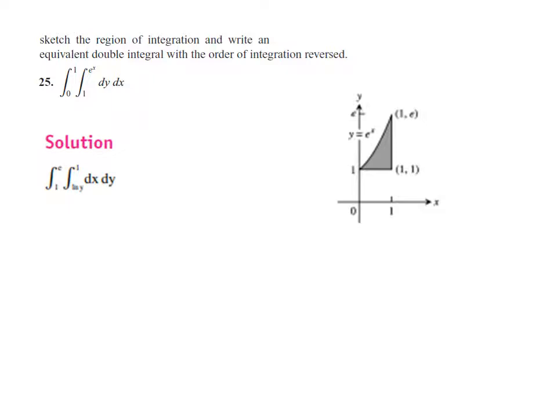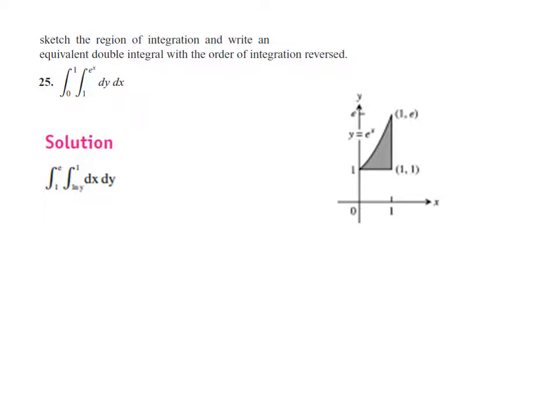Let us sketch the region and change the order of integration. So now here the order of integration is with respect to y, then x. So y varies from 1 to e power x and x varies from 0 to 1. So the region of integration is x is equal to 0, nothing but the y axis, and x is equal to 1 which is parallel to the y axis, and y is equal to 1 which is parallel to the x axis, and the function e power x. So there is a curve. So this is the region of integration.